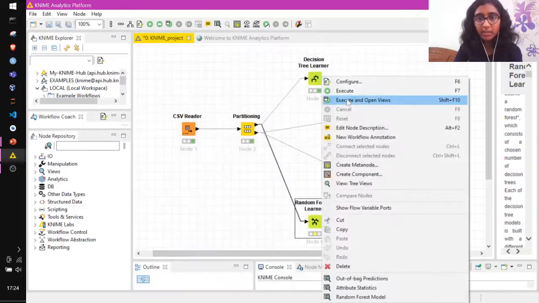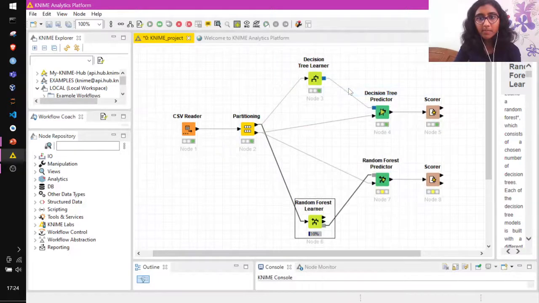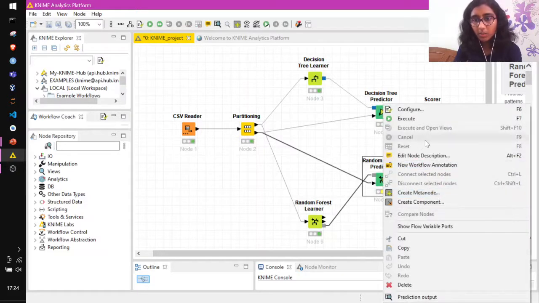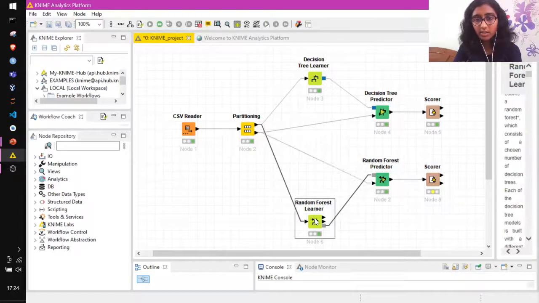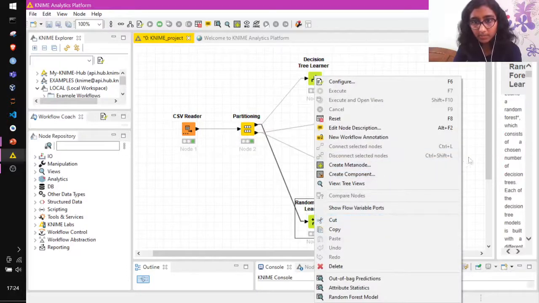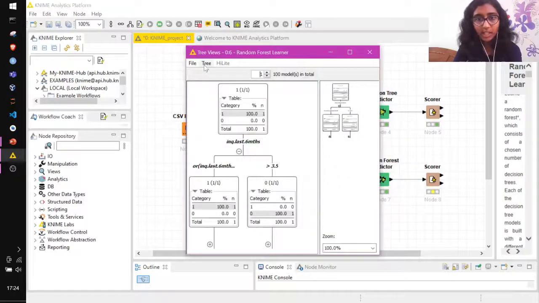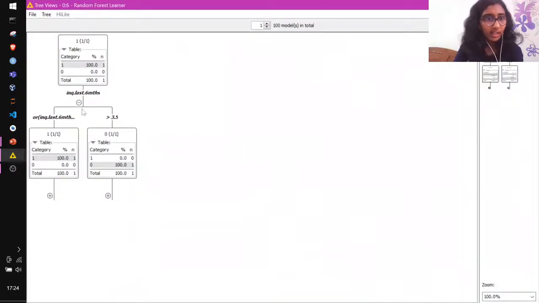And we'll execute this. Okay, since the learning has been done, we can view the tree. So this is the tree made over here.